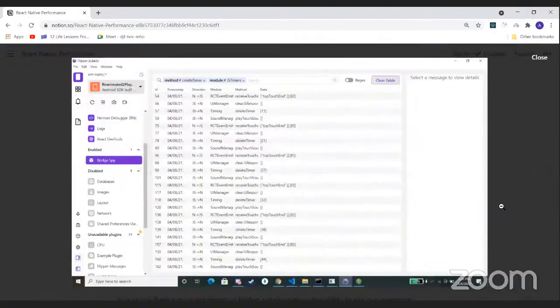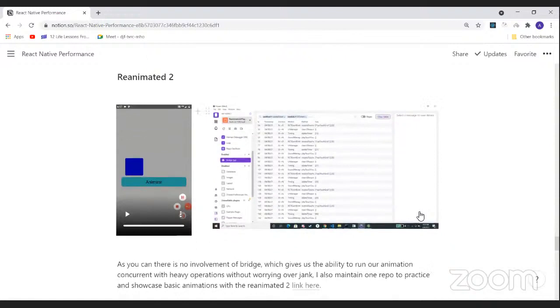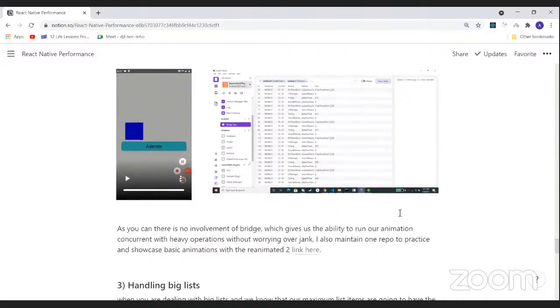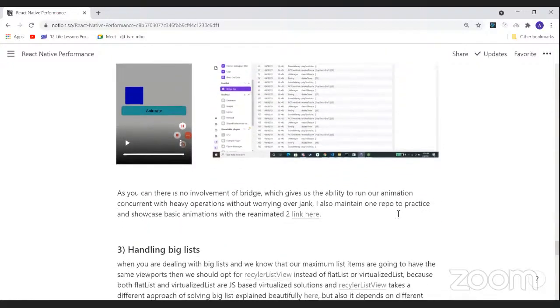And you might ask me why, because there should be a bridge communication, right? Reanimated 2 uses JSI to simplify this. JSI doesn't need to use the bridge to communicate with the native side. To know more about JSI, you should see more talks about the new architecture coming to React Native. Sorry, I can't touch on it now because of time constraints.